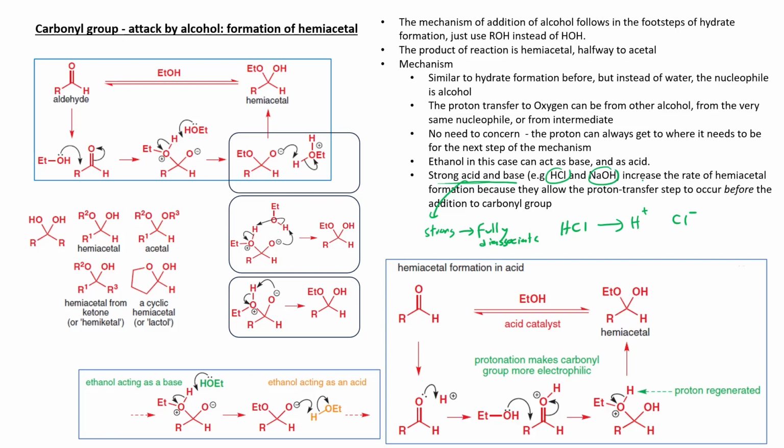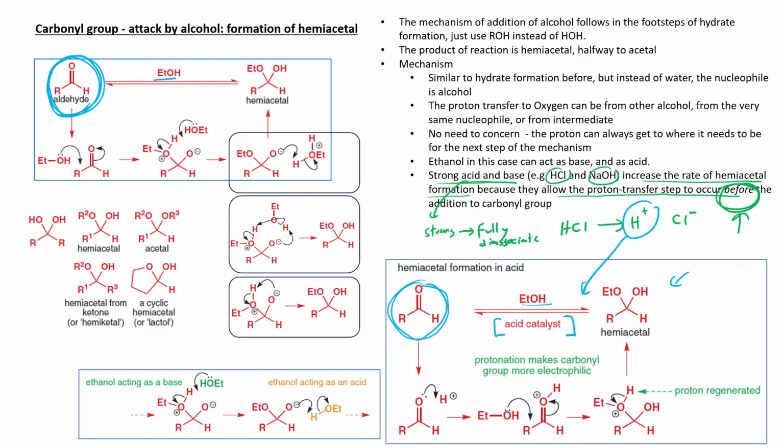Strong acid and base increase the rate of hemiacetal formation because they allow the proton transfer step to occur before the addition to the carbonyl group. What does it mean? Let's see in this reaction below here. You have the aldehyde here, same as at the top. But now the difference is that they use ethanol, same as before, but with an acid catalyst, meaning they put it in acid solution, ethanol, and then they add acid together. What will happen is that the acid gives hydrogen, so this will start to get what we call